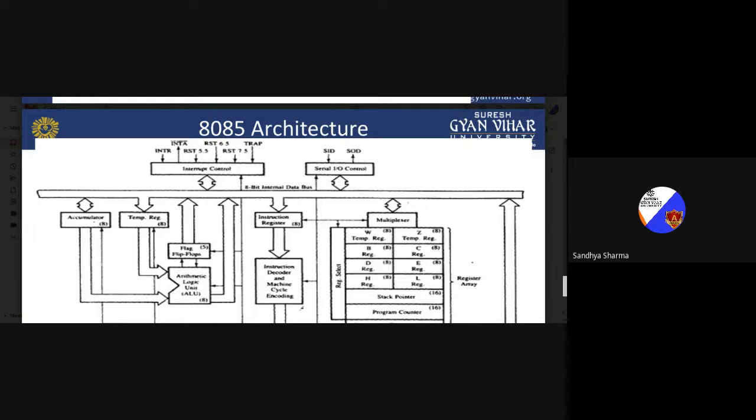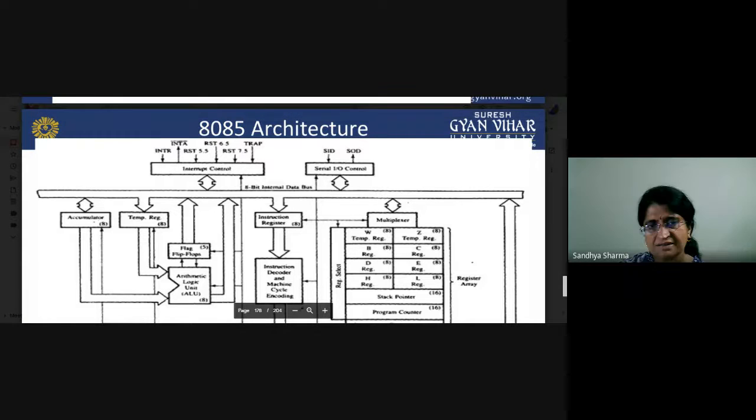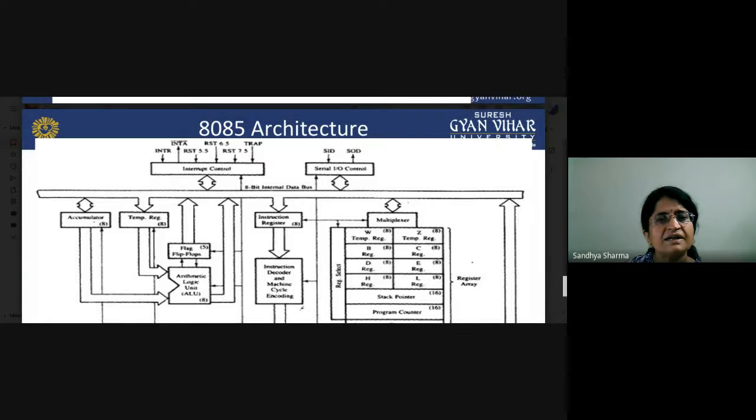Then the flag registers, decoder, instruction register, temporary storage of result, flag flip flop, arithmetic logic. Once you understand the complete structure and how it functions, it will be very easy for you to remember